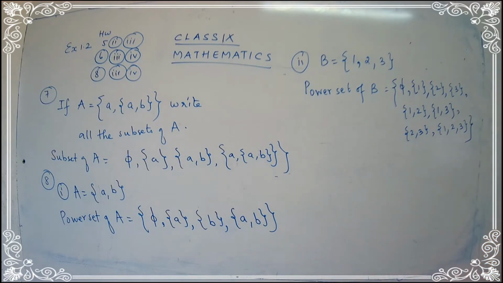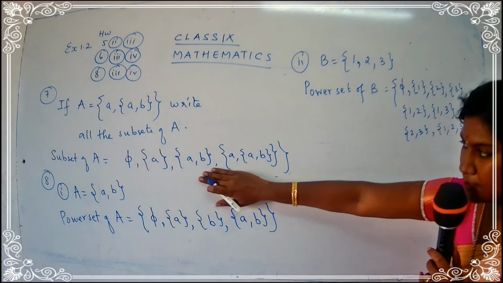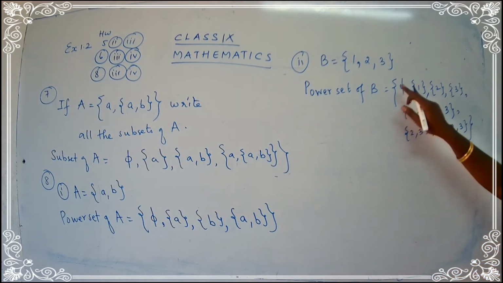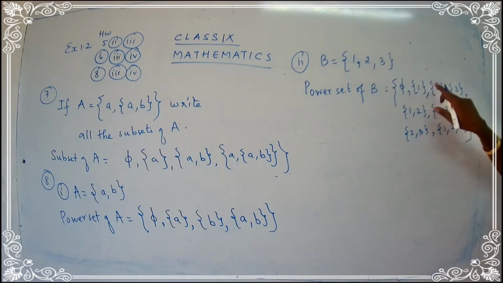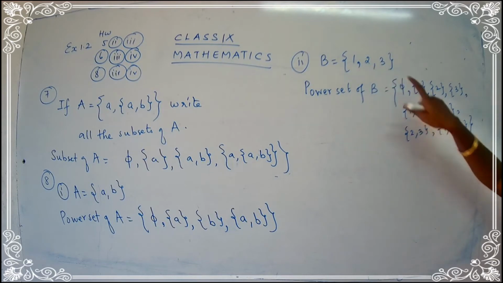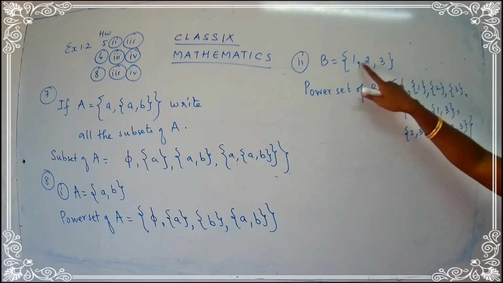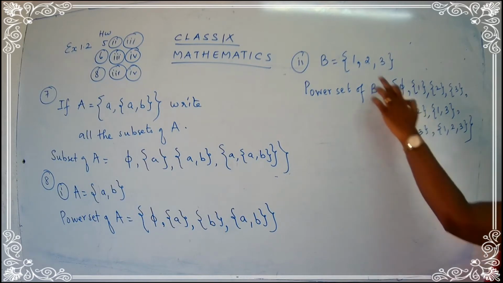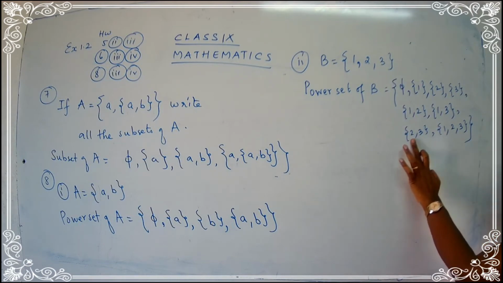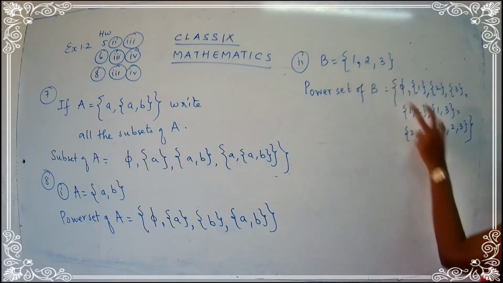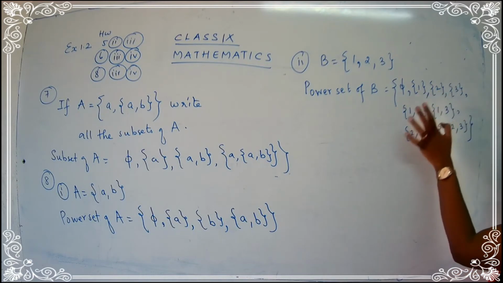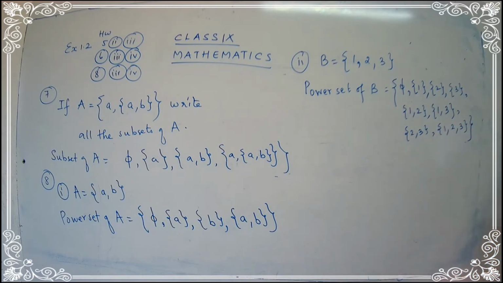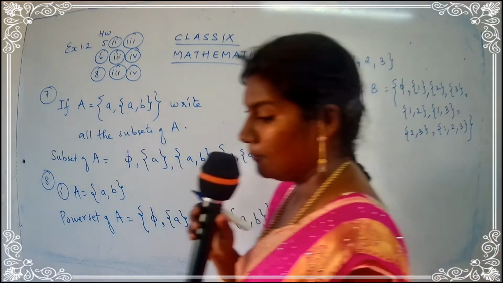So what is the power set of B? First one is empty. Always for a power set and always for a subset, the first element is empty. First element, second element, third element, then the pairs of 2. {1, 2}, {1, 3}. {2, 1} is already taken. {2, 1} is here. Don't take it again. I'll write {2, 3}. Then write that together, the whole set. {1, 2, 3}. So 1, 2, 3, 4, 5, 6, 7, 8. So you get a total of 8 elements for the power set.